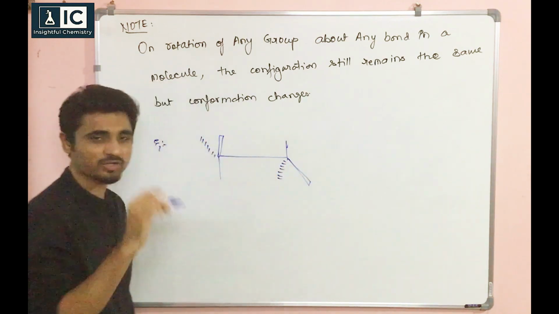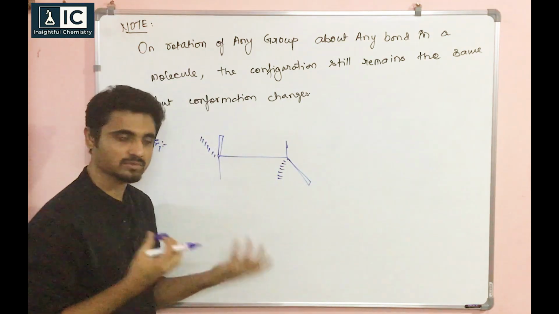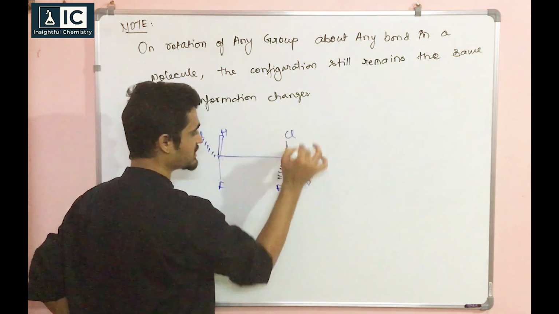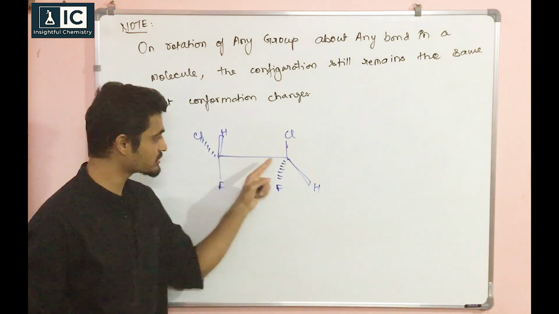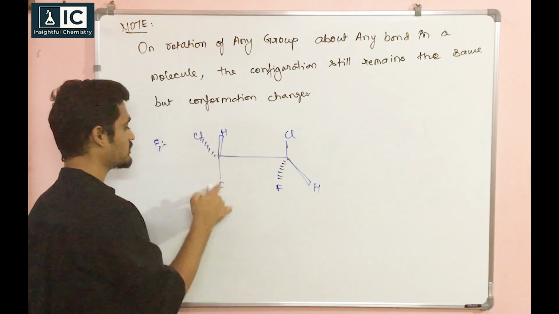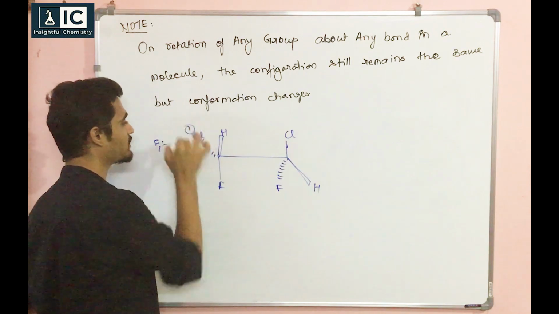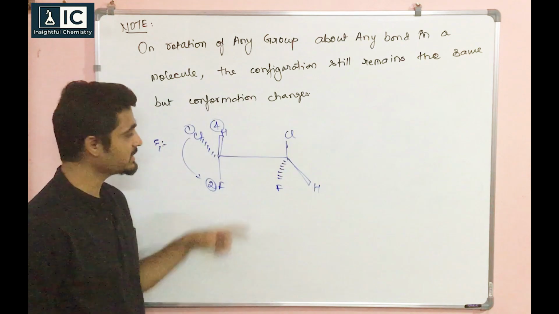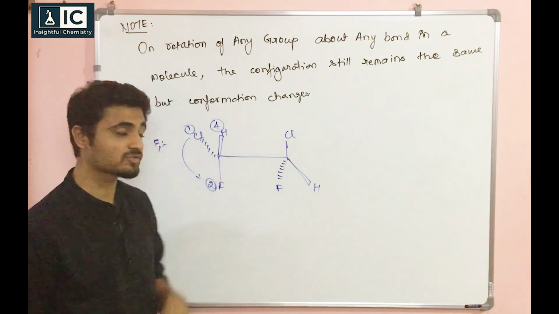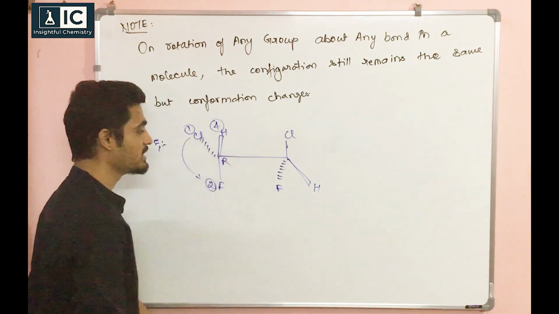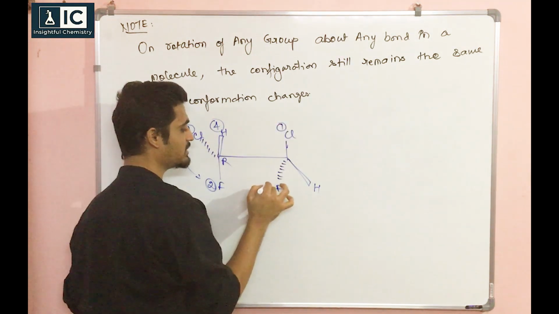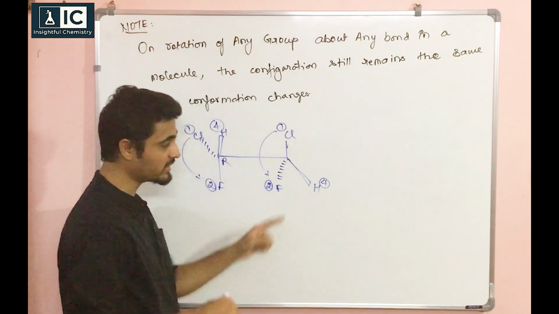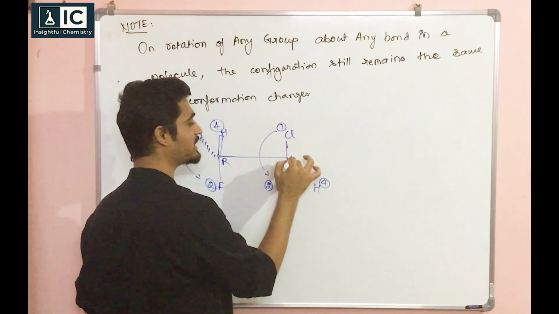This is basically sawhorse projection, but don't worry, we'll again come back to it. Just see, two chiral carbons are there. If I ask you to find the configuration of these two chiral carbons, how will you do it? Fluorine, chlorine, HC: this will get 1, this will get 2, and this will get 4. This is anti-clockwise, and 4 is on the wedge, that is horizontal, so therefore this is R. Similarly, this is 1, this is 2, and this is 4. So 1, 2, 2, again anti-clockwise, 4 on wedge, so again it is R.